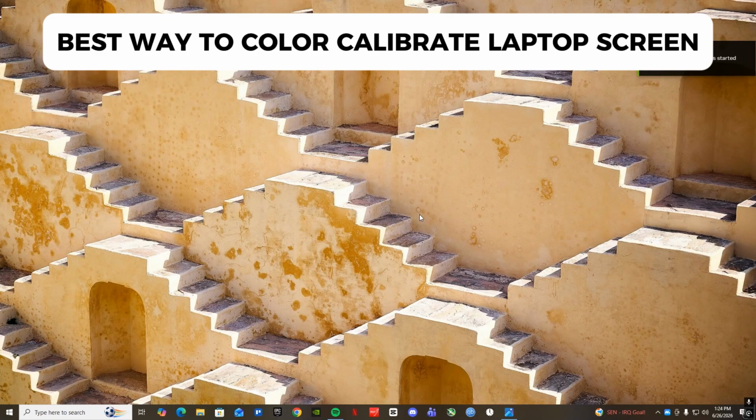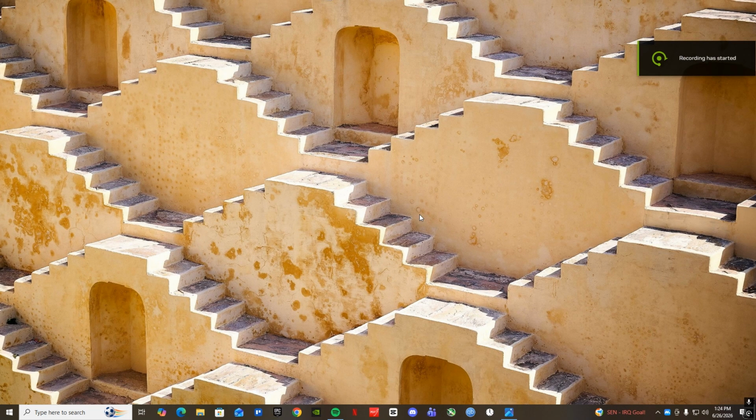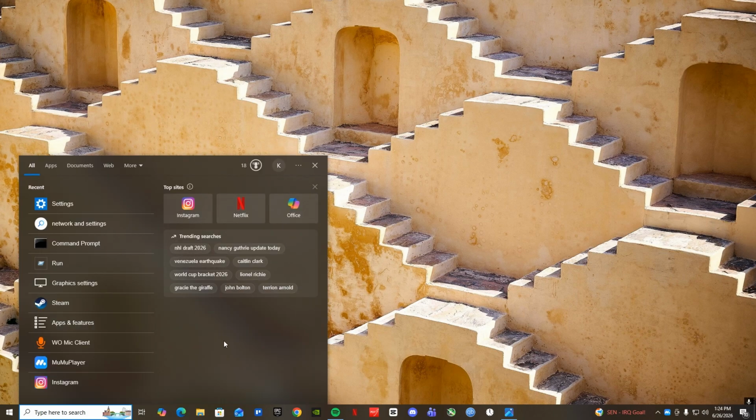Alright guys, so in this tutorial I'm gonna show you how you can color calibrate your laptop screen. So it's actually very simple. First you have to open up your search or start menu and you need to type in Calibrate